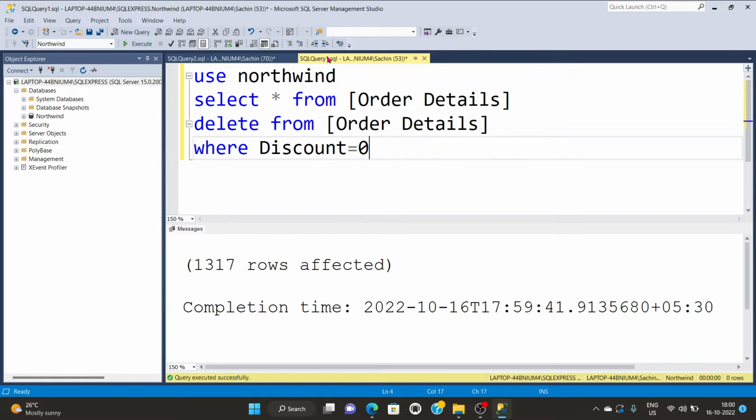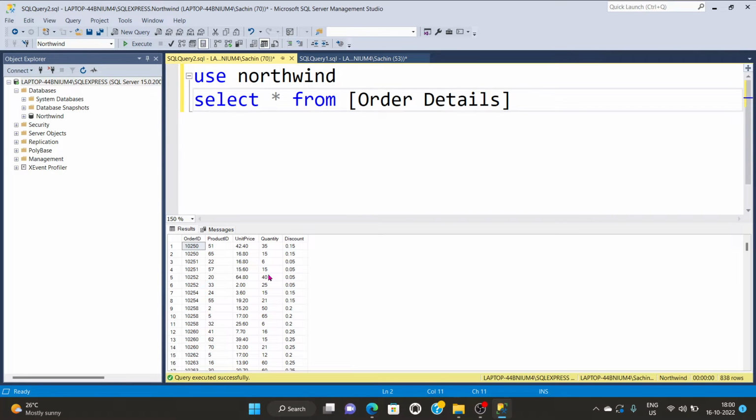Now I'm going to check which rows have discount equal to 0. Okay, so most of the rows are not having discount equal to 0. So I can do one more thing. The values those are having